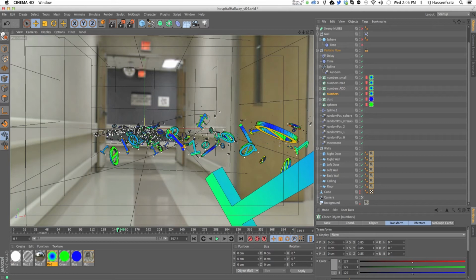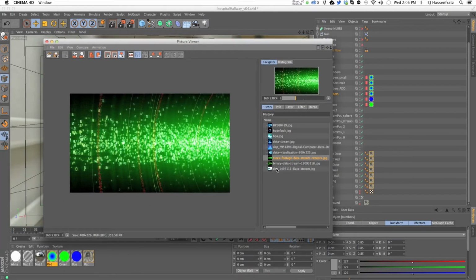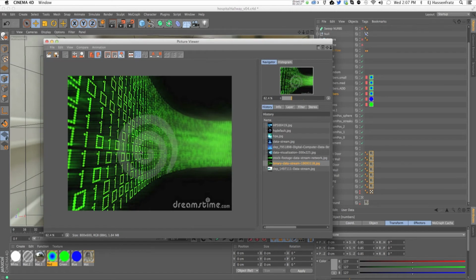It's not something that lives in nature or forms naturally. So a particle flow is all up to interpretation, and that's what these original reference images were used for: to narrow down the client and pin them down on what a data flow is and what they want it to look like in this piece. While we thought this was the coolest option, they wanted something more uniform and organized, where you can actually read that it's ones and zeros